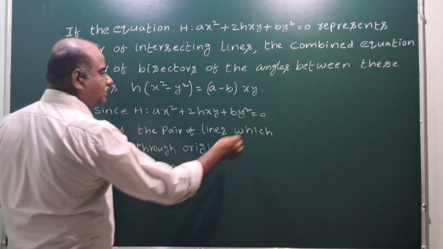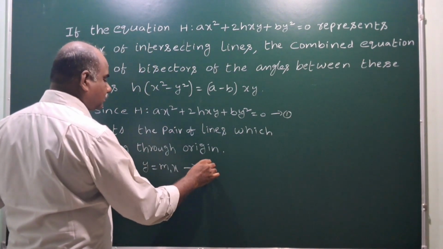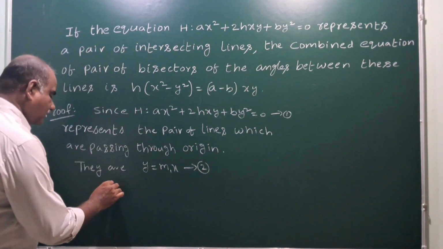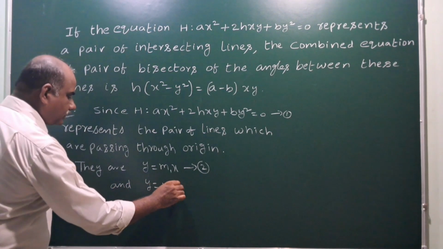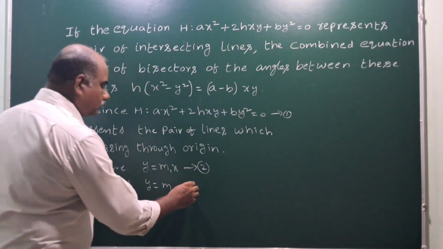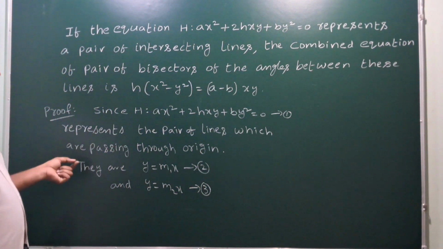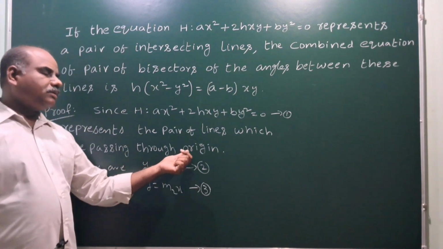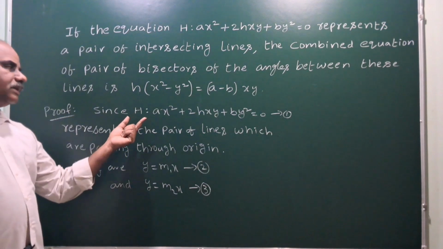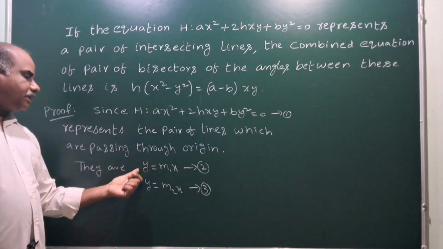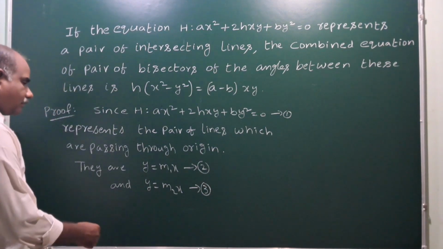Let us say this is equation number 1, and the second straight line is y is equal to m2x, let us say this is equation 3. So generally a straight line passing through origin has the general form y is equal to mx. Here two straight lines are represented, so we can take y is equal to m1x and y is equal to m2x,